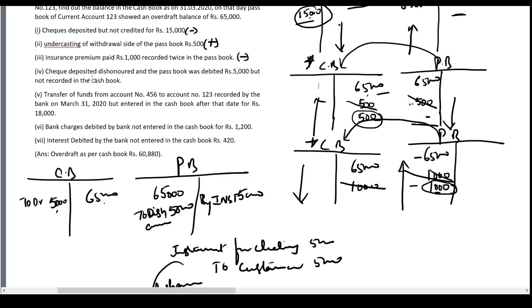Check deposited, dishonored, and the passbook was debited. That means when the check was received, there was a credit. Please remember that this is not an actual credit, it is only a pro forma credit. If you go to your ATM and try to withdraw this 5000 rupees, the money will not come. The money will come only when the actual money is collected by the bank from the person who has issued the check. This is only a pro forma credit which has been reversed by debiting it when the check has been dishonored. Or we can simply say that there is no entry in the passbook.